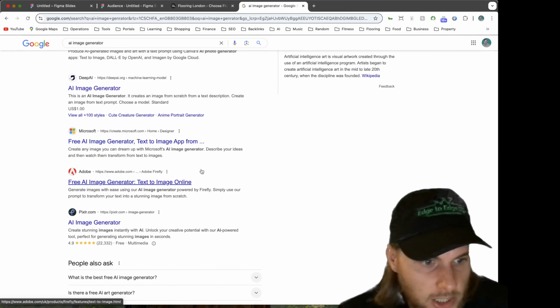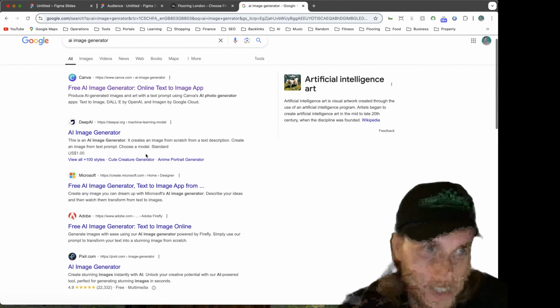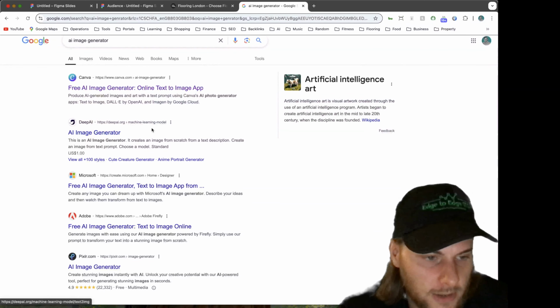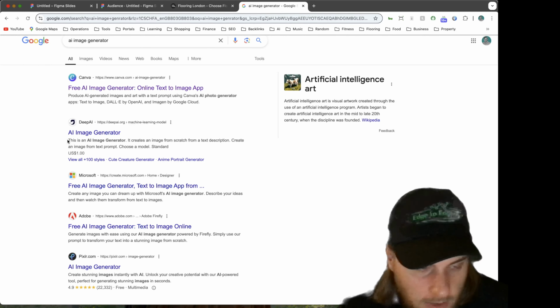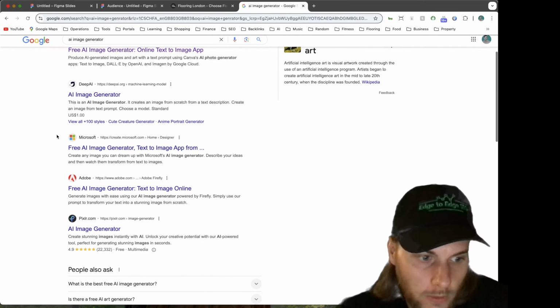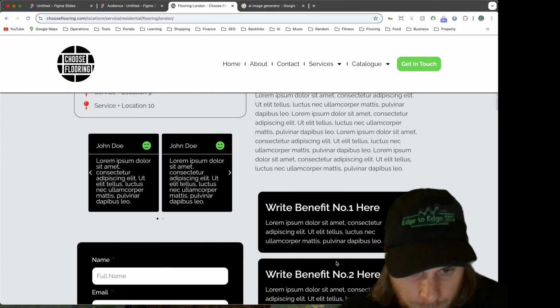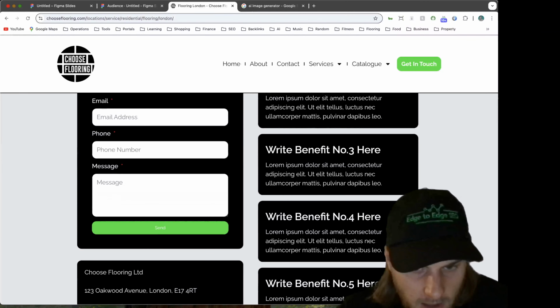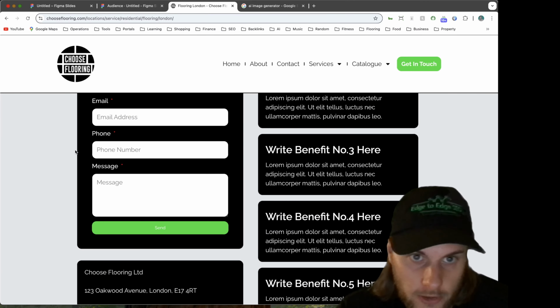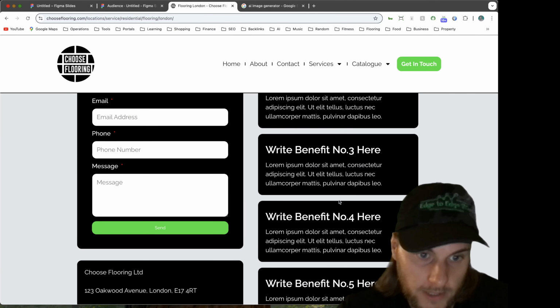But they're so cheap. They're so much cheaper than places like Shutterstock. And the quality of the images now, you can create images that look 99% real. And when you're thinking about a page like this, if you're trying to get a picture of wood flooring, you want a unique picture of wood flooring that nobody else has ever used across the web, because that's going to improve the content of your page. AI images are so easy to do now.